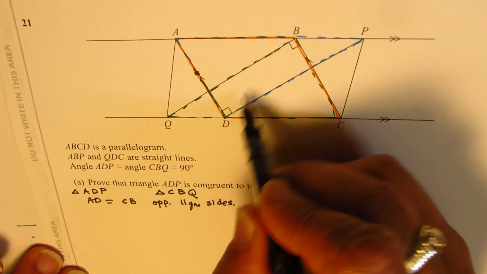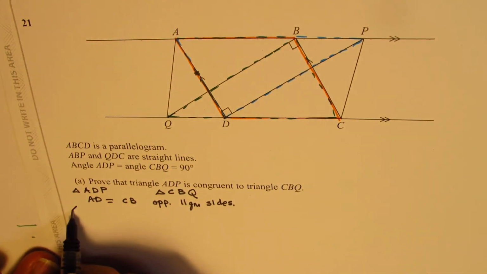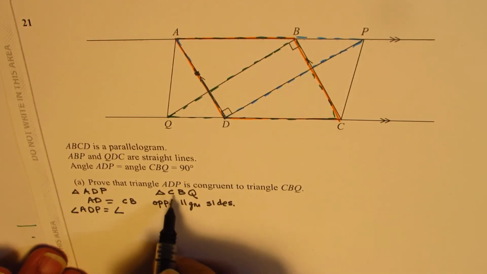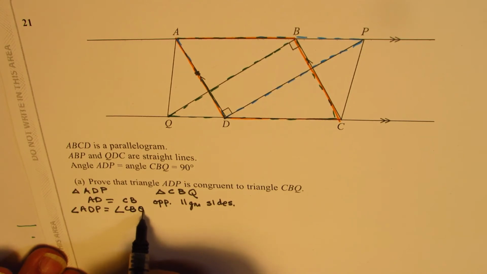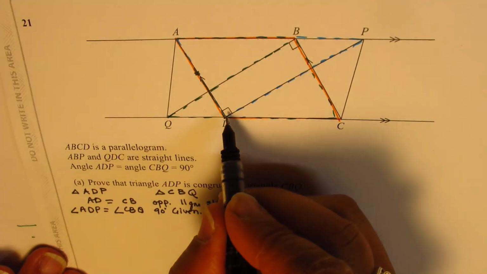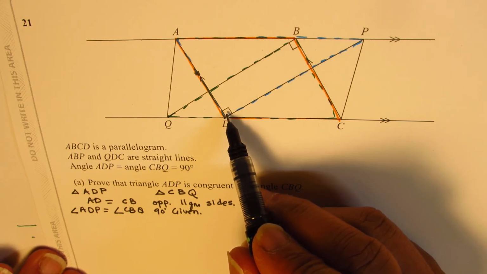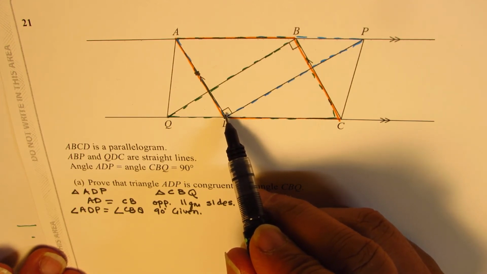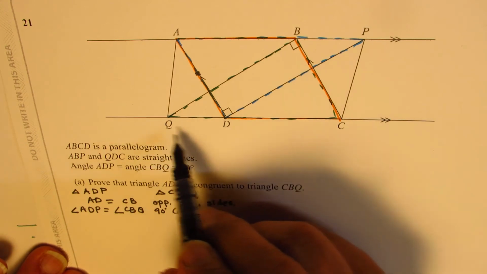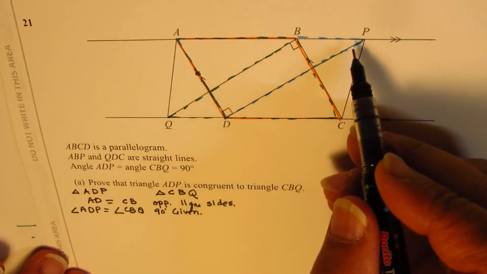Now the angles we know are congruent. So in the triangle ADP, angle ADP is equal to angle CBQ, which is 90 degrees, right, given. So we have side, angle. Now we have to look into another side which should be same in these 2 triangles. So, or angle, correct? Now, since we are given these as the parallel sides, therefore, in the 2 triangles, now,